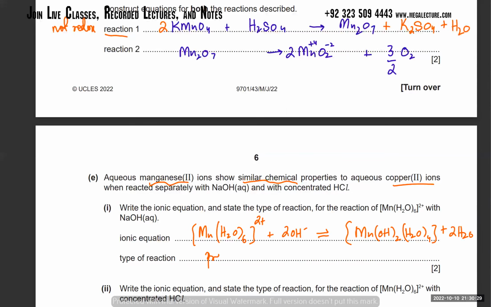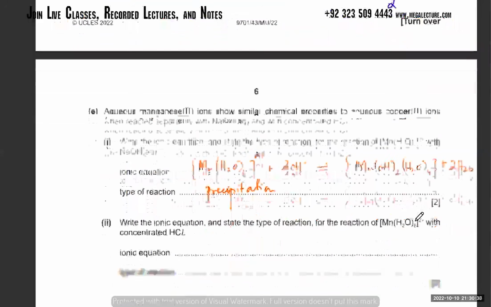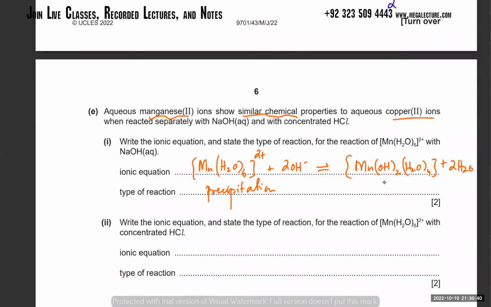So precipitation happens. You can remember in transition metals we did this reaction for copper. Over here he's asking us for Mn, and the same with